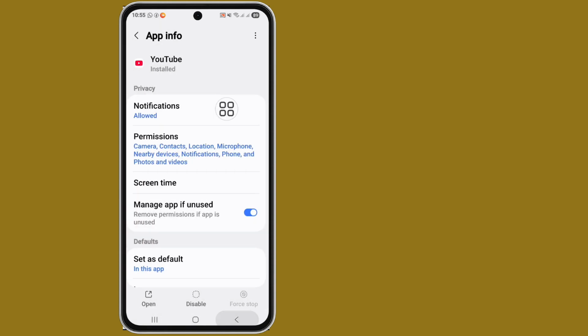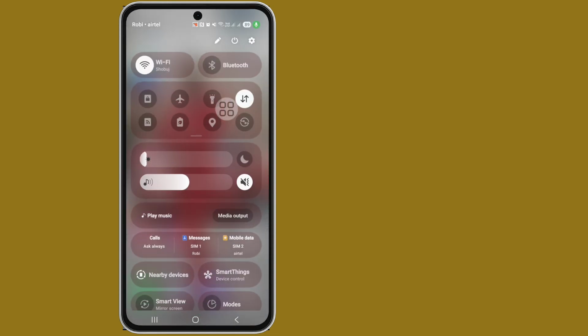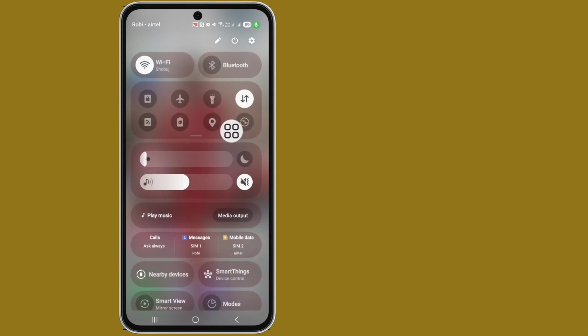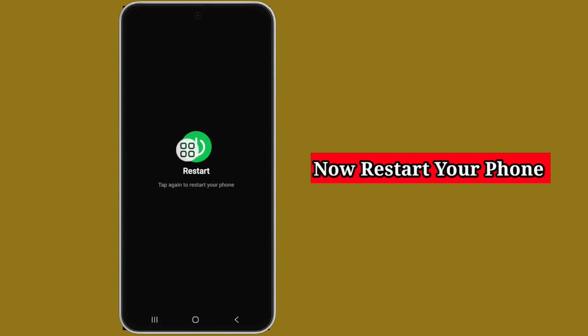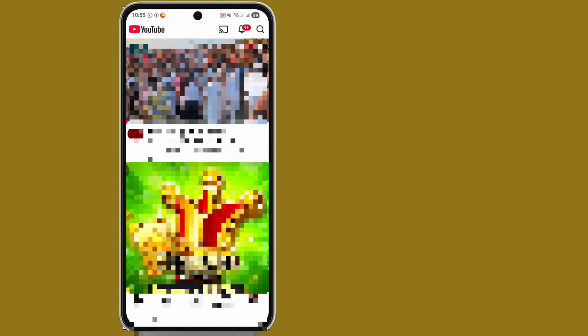Okay, go back and last step. Now check your internet or Wi-Fi connection. Okay, go back. Now restart your phone and reopen it again, open your YouTube app and try again. Now click on the search bar and tap on the microphone